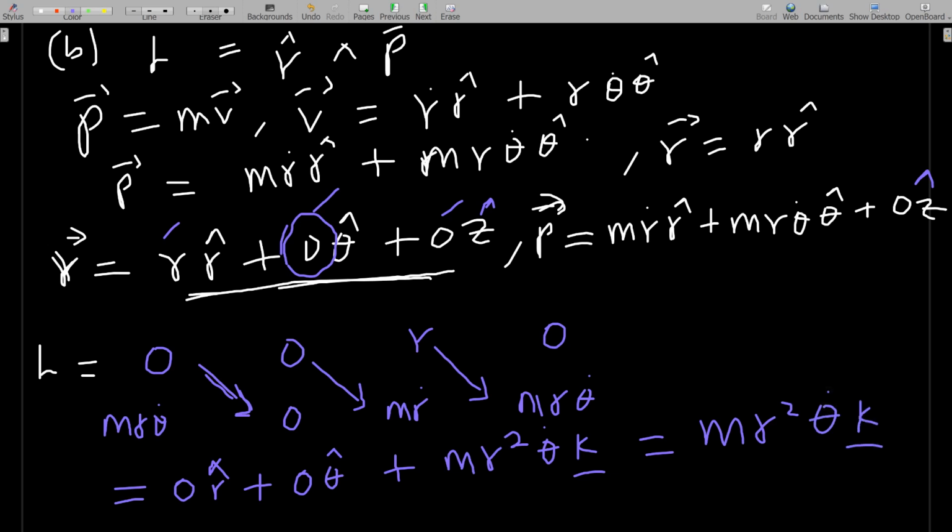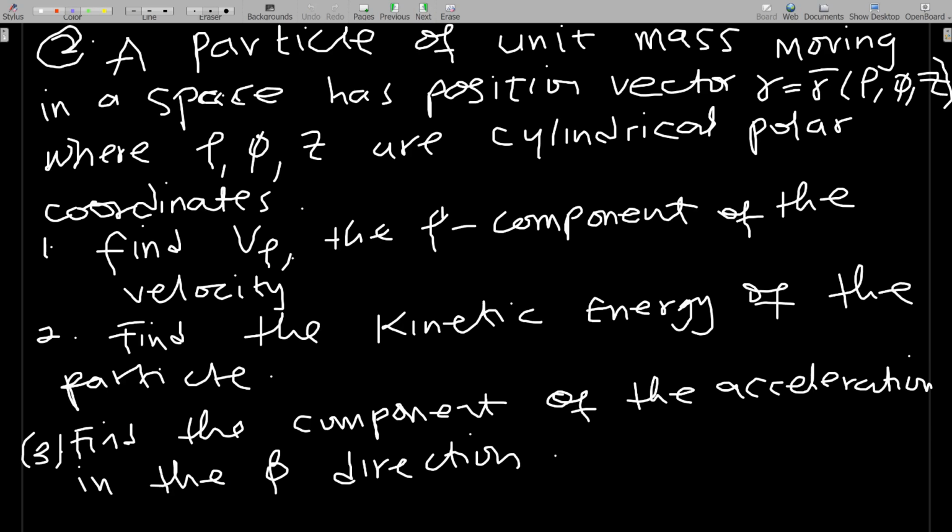That is the angular momentum for you. I hope you get it. I used Z, but I'm writing K, and you can bear with me that the last component is just K. You can do that, or you can maintain it as Z. In terms of your exams, however your lecturer or your teacher wants you to keep it, then you keep it like that. And the next question is: a particle of unit mass moving in a space has position